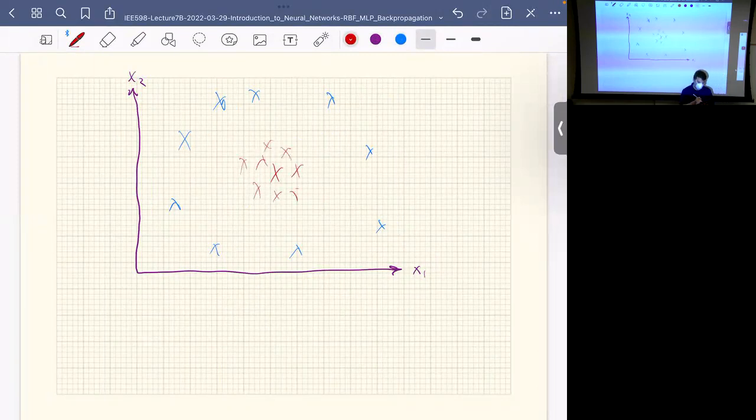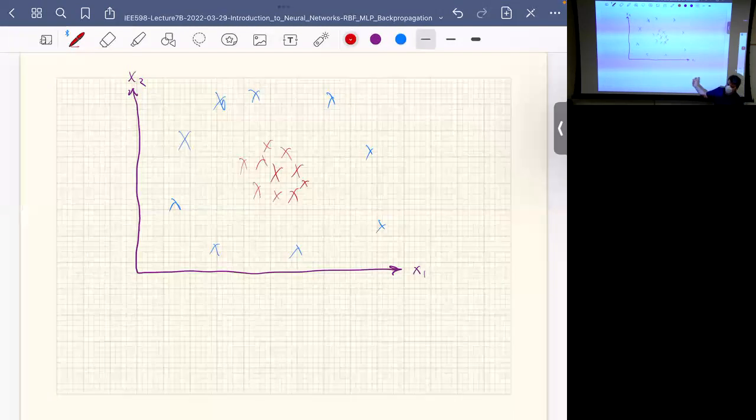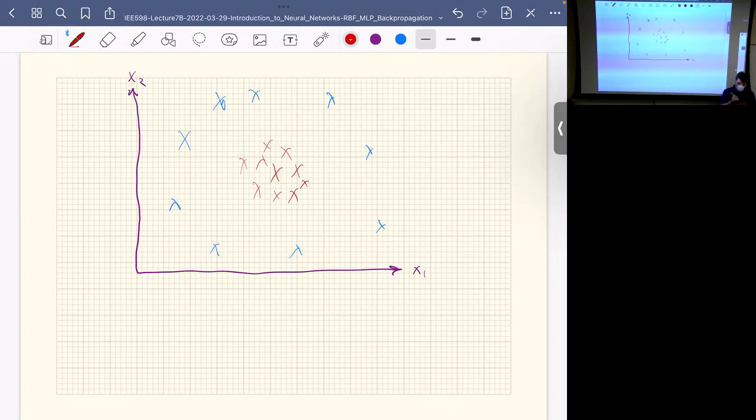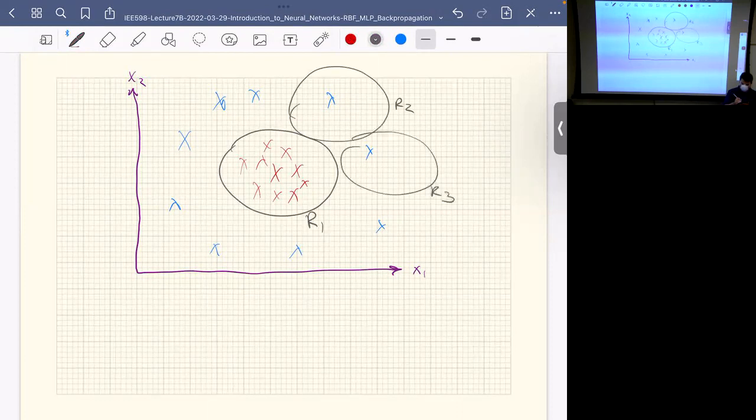If I want to use all Gaussian radial basis functions, then I could actually imagine building many of them, and I could have maybe an R1, which is centered in this area, an R2 in this area, an R3 in this area, an R4 in this area, R5, R6,